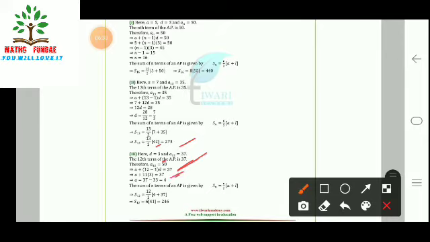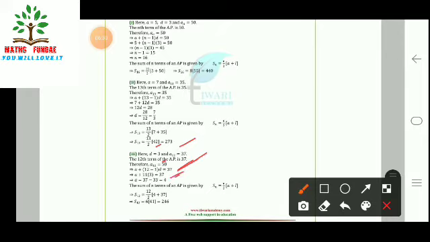Now a is equal to 4, we have to find Sn is equal to n upon 2 (a plus l) using the same formula. So we are writing S12 is equal to 12 upon 2 (a plus an), or a plus l, that is 4 plus 37. On solving, the answer is 246. 246 is the answer.